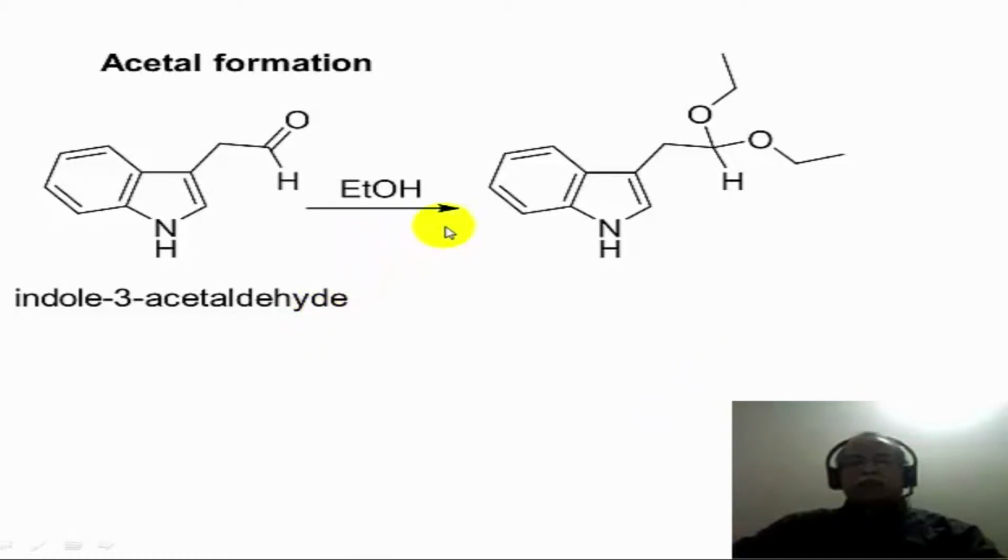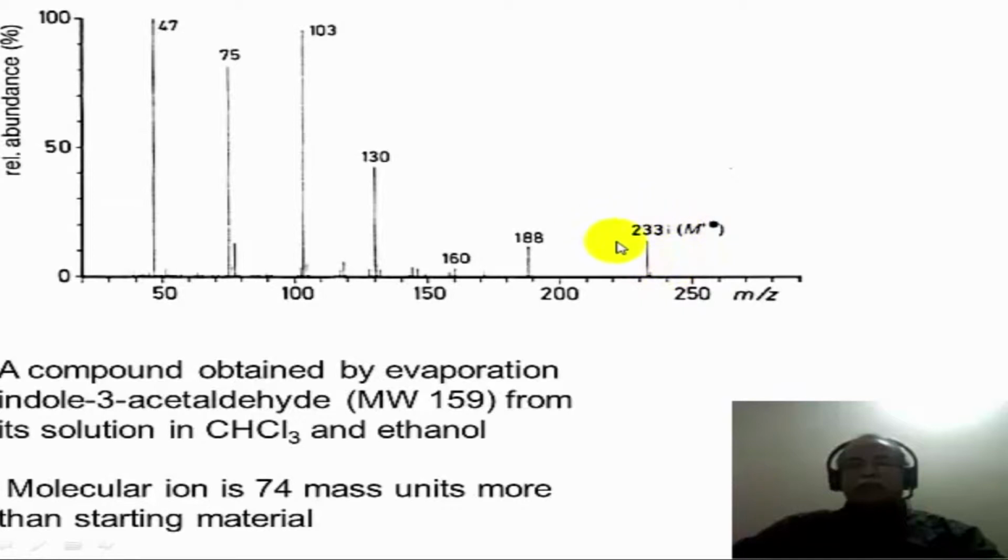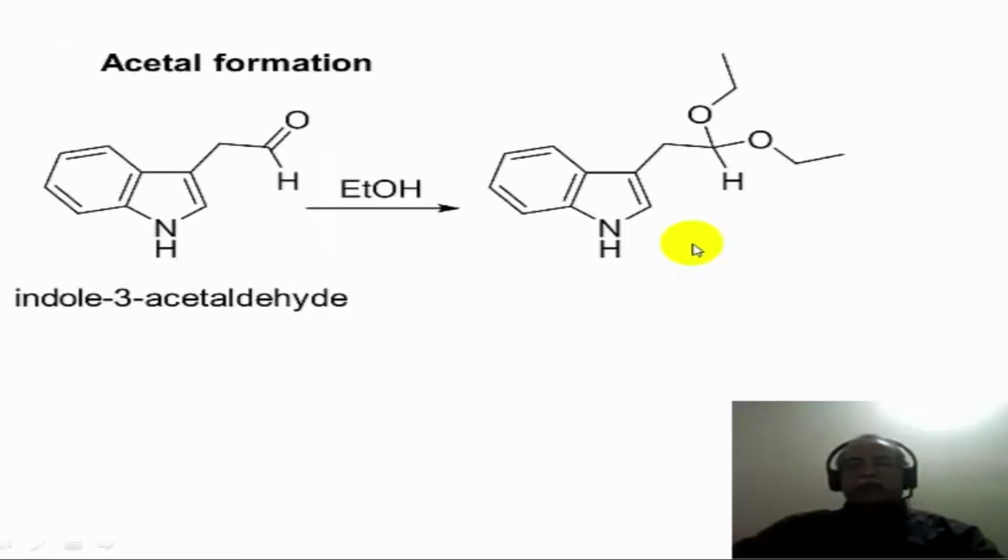Aldehydes react with alcohol to give acetal as the product, so the most likely reaction is that indole 3-acetaldehyde is reacted with ethyl alcohol to give the diethyl acetal of indole 3-acetaldehyde. Now the molecular weight of this compound corresponds to 233. It matches with the molecular weight of the substance that is shown in the mass spectrum of this compound. So let us see if the fragmentation pattern of this compound also matches with the peaks that are seen in